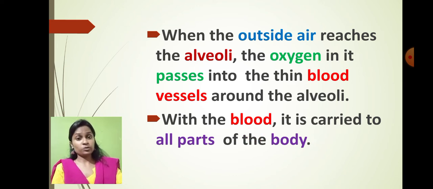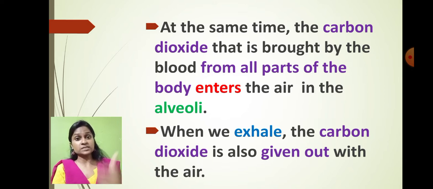So students, you all know that all living organisms also produce waste material. So at the same time, when blood transfers the oxygen to all parts of the body, the waste material, that is carbon dioxide, is formed. The carbon dioxide is formed by all parts of the body. If the carbon dioxide gas is formed inside the body, it is harmful for our body, so it has to be taken outside. So the carbon dioxide is collected from all parts of the body.